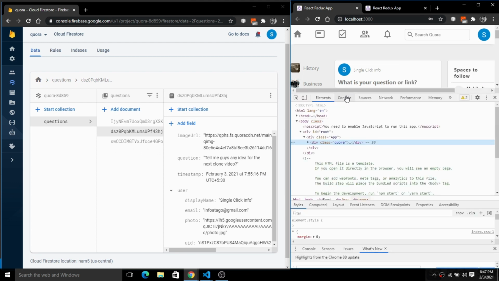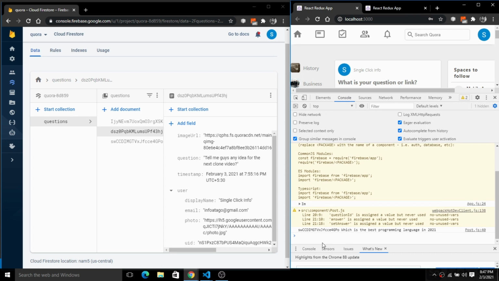So you will see here, we have this ID generated. This is the ID, and this is the question for that respective ID. So both things are rendering on the console here. So here we have this ID. So go back to this respective ID. As you can see, this is the exact ID. So click on this ID.